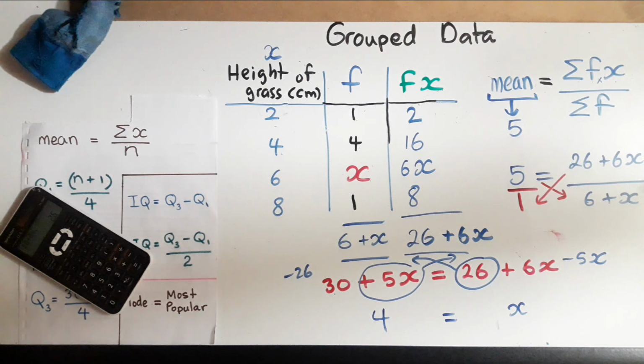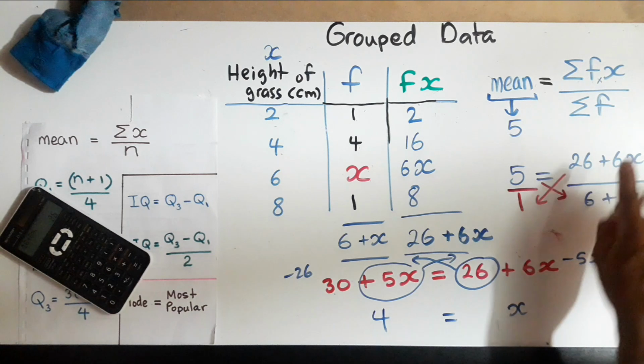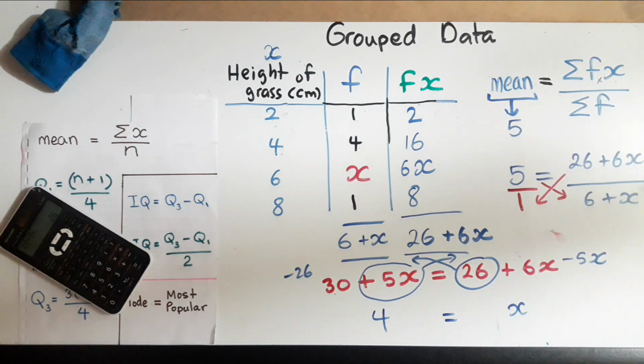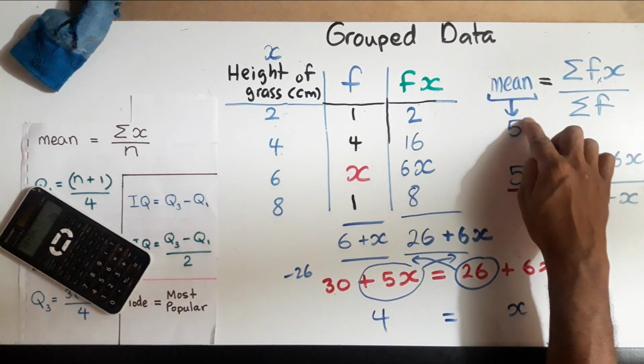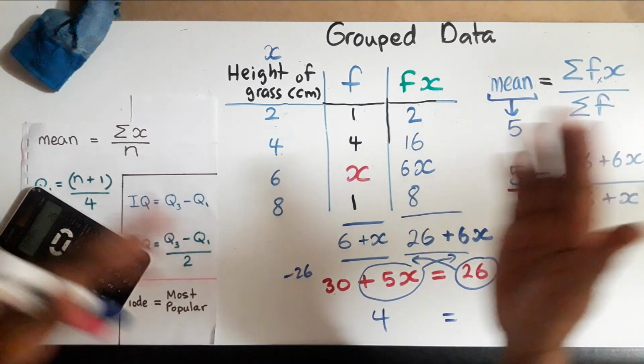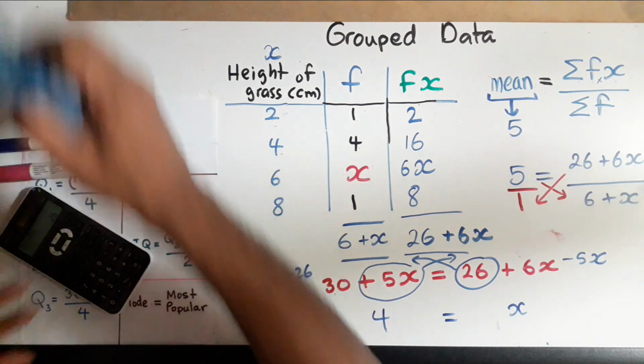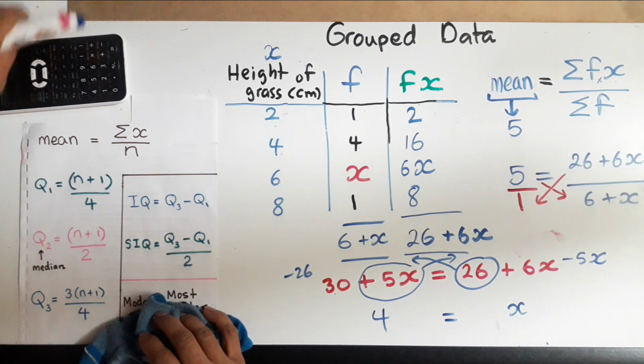So the question before this is what I like to call a forward question. You use the formula as it is. In this question, it's a kind of reverse question. They give you the mean, and you have to use your algebra skills to get back the value that is missing. All right, so pay attention to both ways. Anyone can come in the exam.